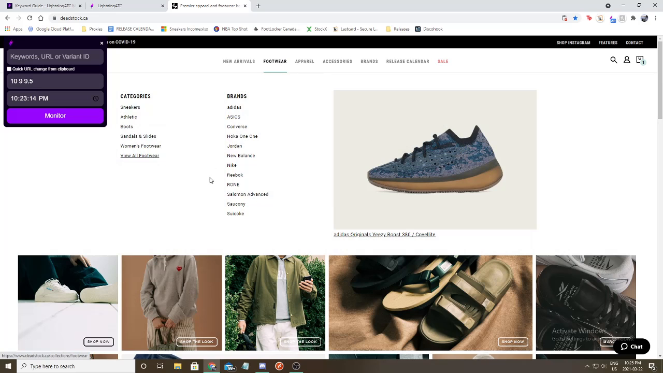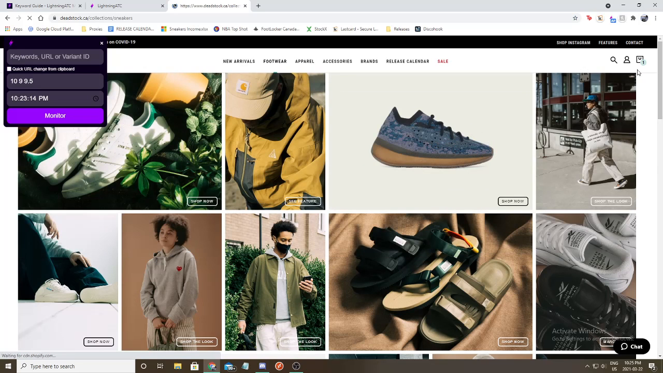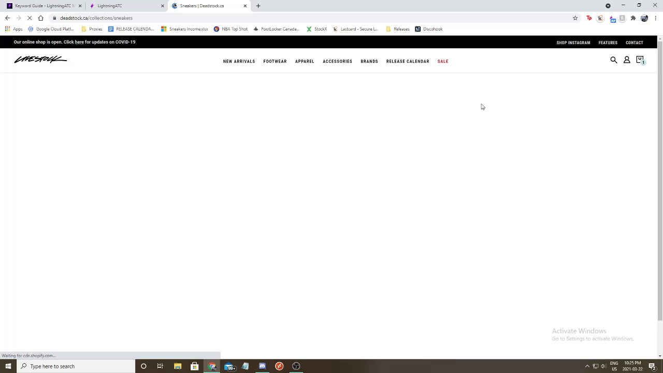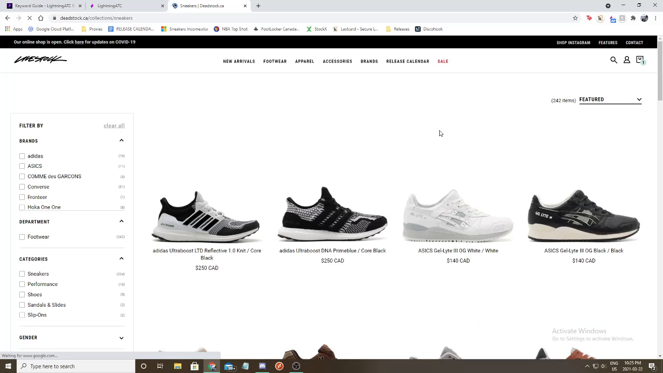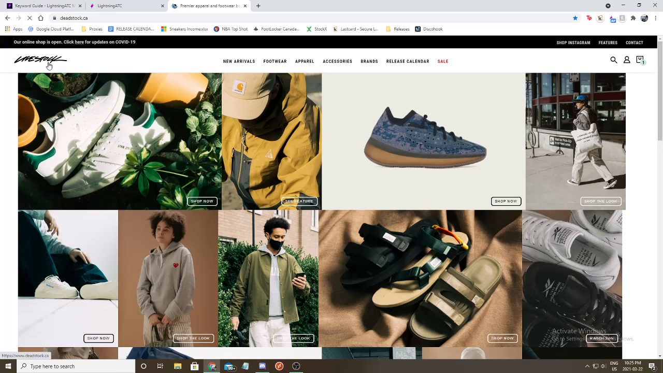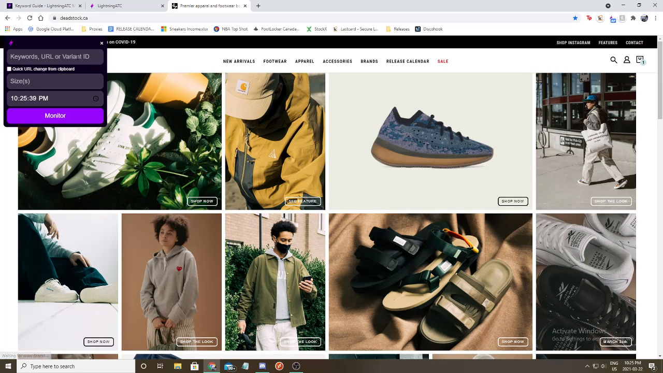So I'll do it with the shoe that's in stock right now. Okay, so say I'm going for a size 10 of these Ultra Boost LTD reflective. So I'd go back to the home page. I'd type in Ultra Boost